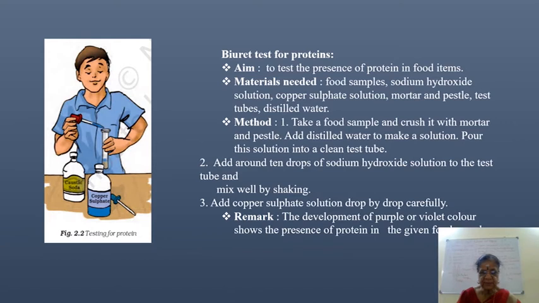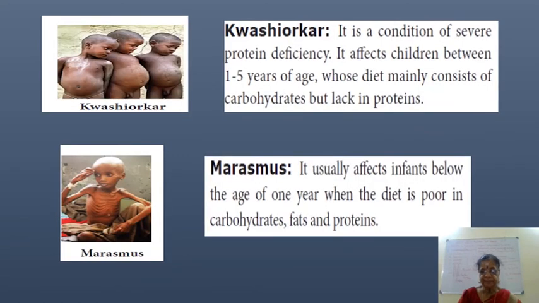So this is the biochemical test for protein. This boy has kept the test tube sample. This is sodium hydroxide, caustic soda solution. This is the copper sulfate solution. Here, look, he is using a dropper, and the copper sulfate color is in the dropper. Then he is adding slowly drop by drop, right? And he will get a purple color precipitate showing the presence of protein. I hope you understand.